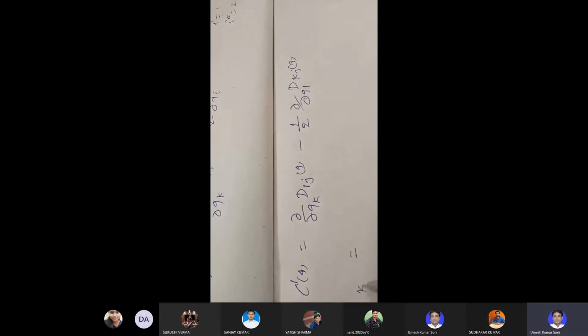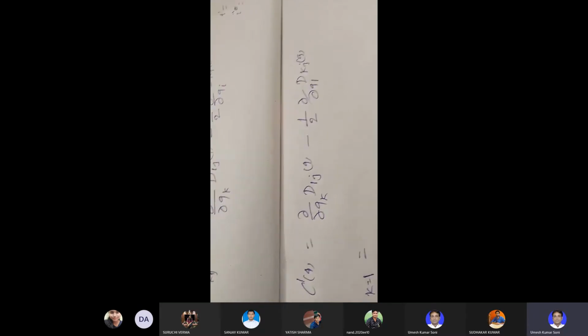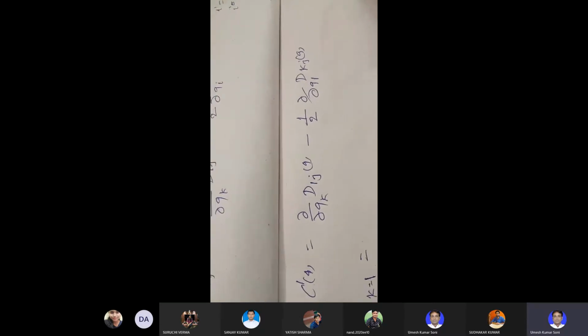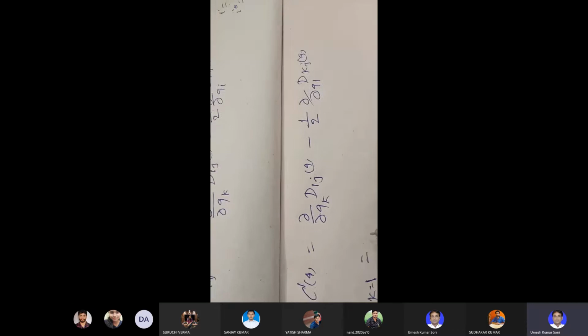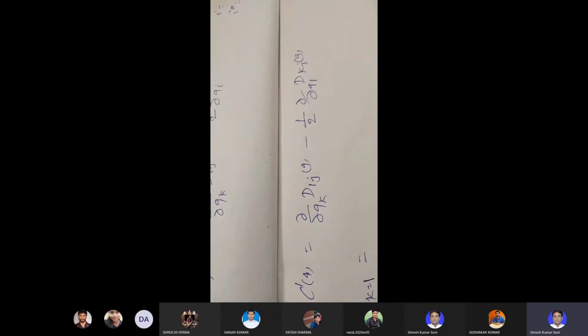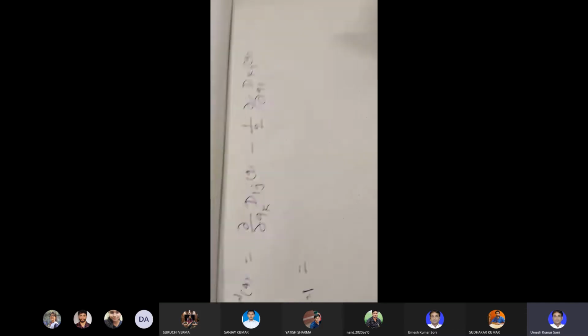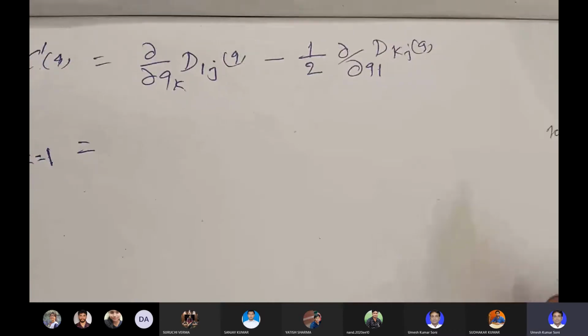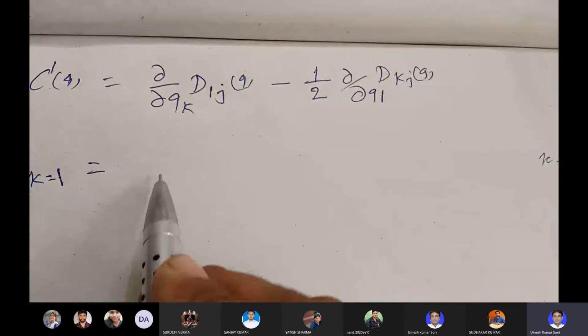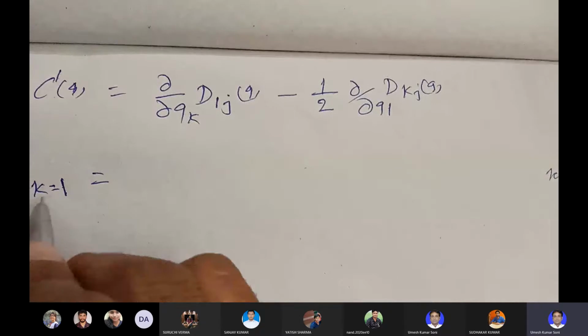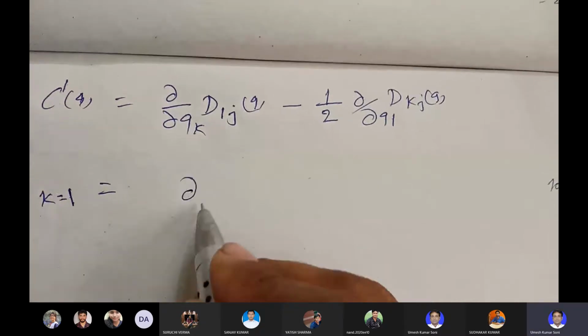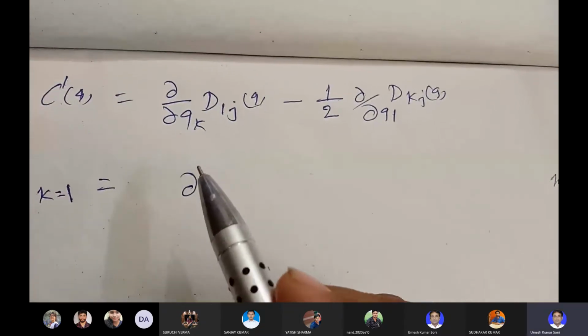you keep k equal to 1, then what is the value for k equal to 1? Here you have two links. Okay, so k equal to 1 and 2, and joints are 2, so 2 by 2 order equation will be there. Okay, clear? So you keep 1 here. So first this is sigma of that.